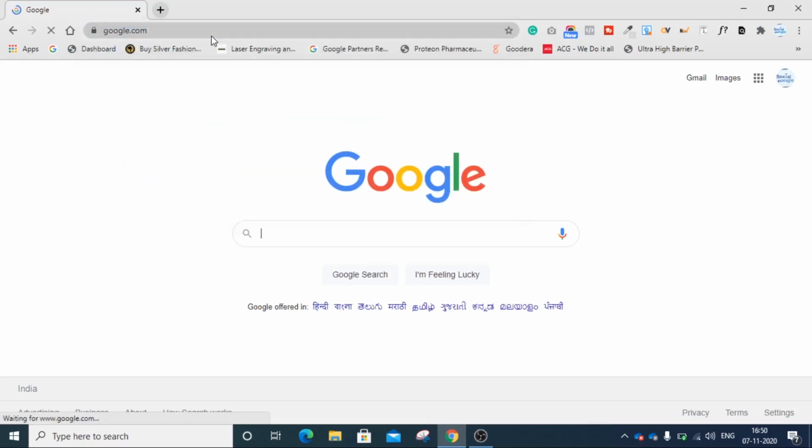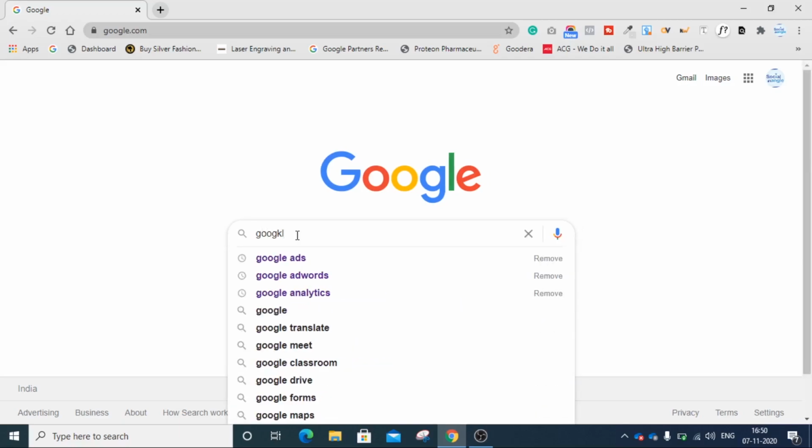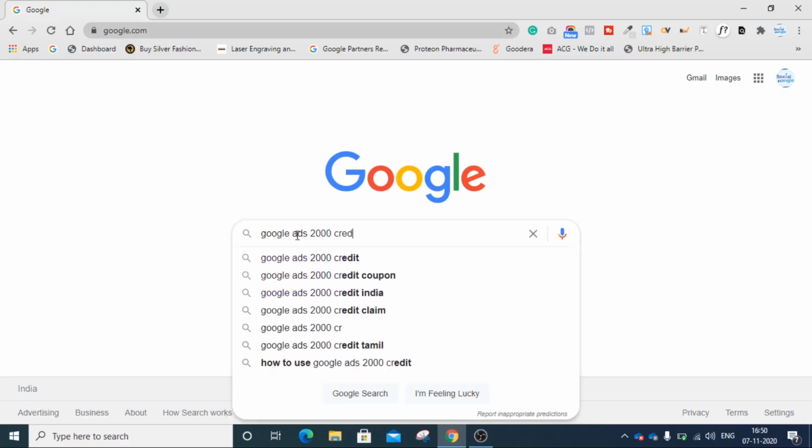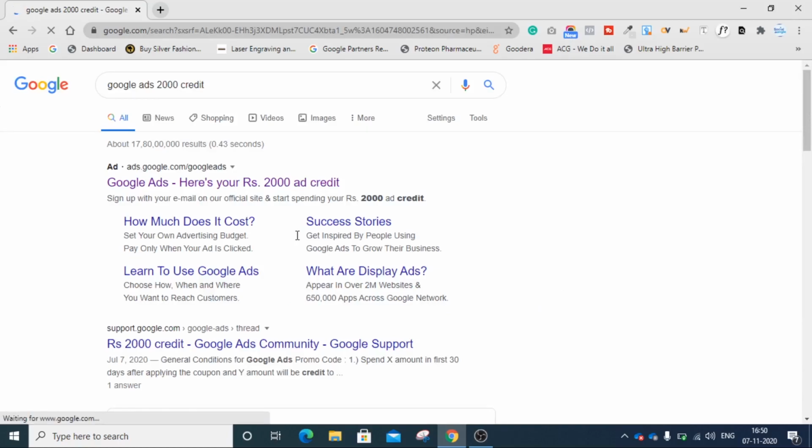We'll just type in Google Ads 2000 credit. To get this credit of 2000 is very important when you start with Google Ads. Can you see the first link? You can go by the first link.